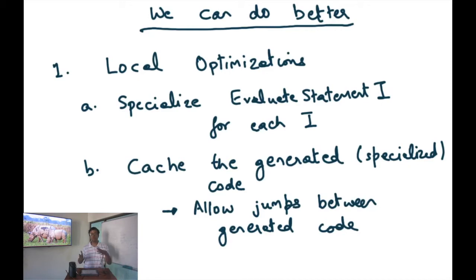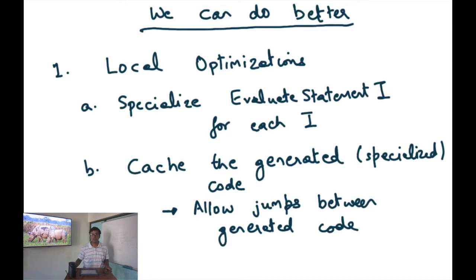So let's say the program was statement 1..n, and the entire program had an outer loop which is going to execute all these statements 10 times. Then I would have 10 into n. I would generate a program or code of size 10 into n, right? For eval statement 1, 2, 3, 4 to n, and then again eval statement 1, 2, 3, 4, and so on. Now I can do better than that.